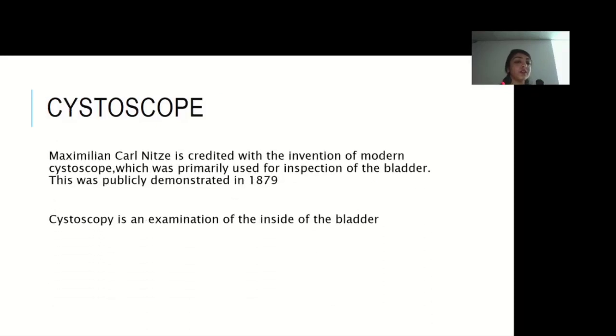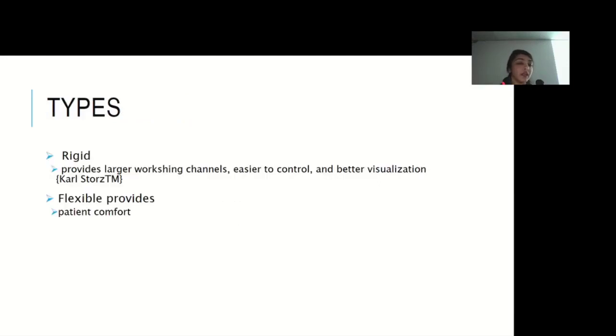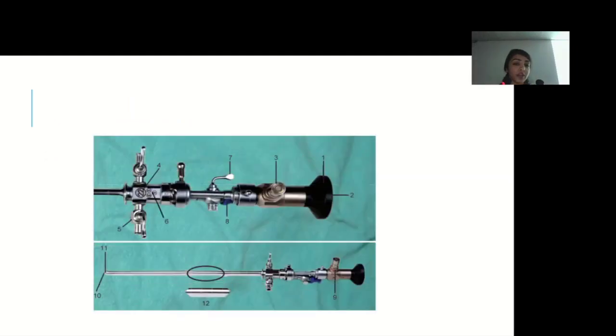So we quickly go through the cystoscope. A cystoscope was first introduced in 1879. We have two types of cystoscope, rigid as well as flexible scopes. Here we have a cystoscope constructed with ocular pieces, a light pillar, and a working element. This is basically the bridge of the cystoscope, and this is the sheath of the cystoscope with the inlet and outlet channels.